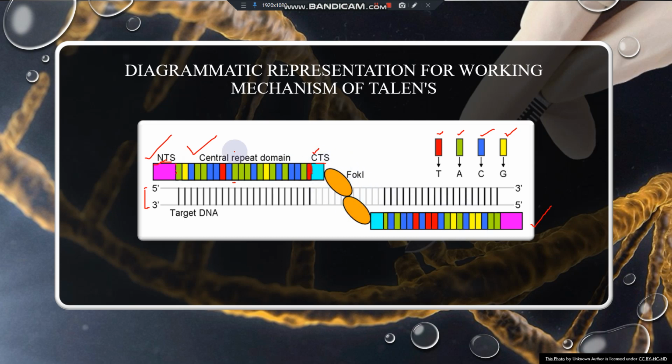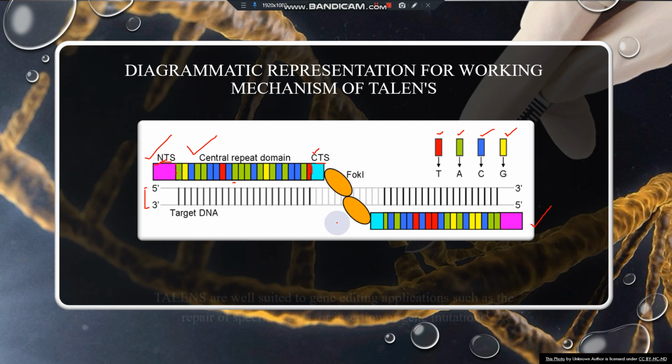and the same process goes on here on the right-hand side of the monomeric unit of TALENs. The FokI is fused here, and they both cut the DNA sequence by creating a spacer in between and leaving the sticky ends behind. So basically in TALENs the double-stranded break happens by leaving the sticky ends behind.